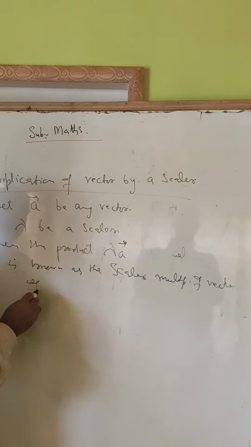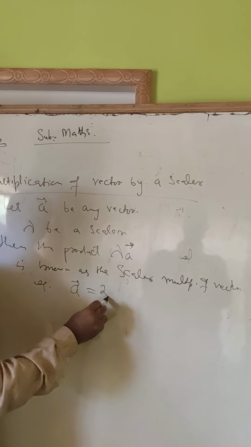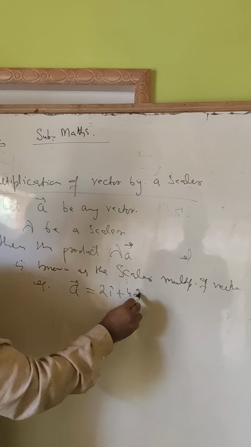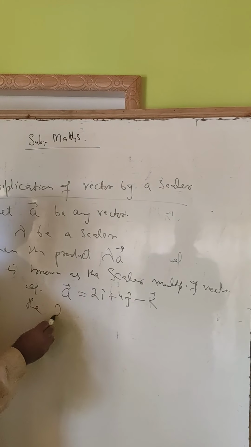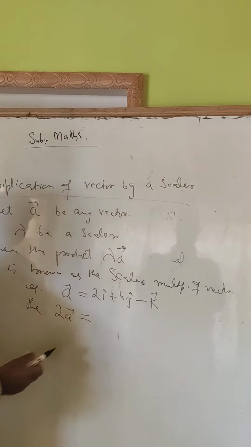For example, अगर a वेक्टर है 2i plus 4j minus k, then say 2a वेक्टर